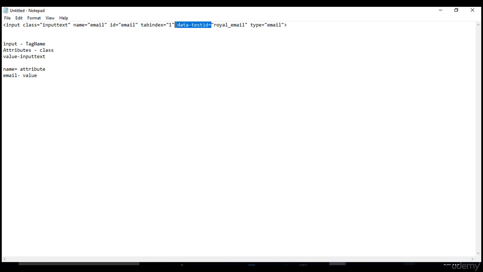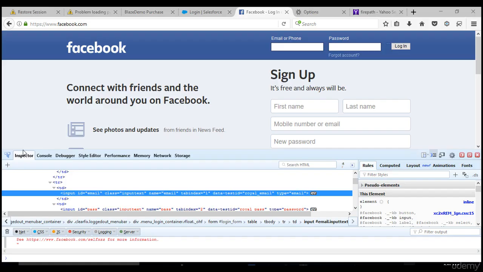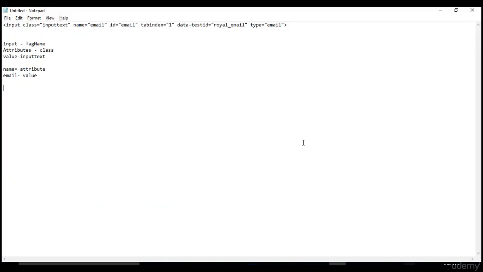Data test ID is also one attribute, and royal email is the value of this attribute. Now we are clear: wherever we inspect and get the elements, by seeing the entire HTML of the blue highlighted code, we can easily say what is the tag name, what is the attribute, and what is the value of that attribute. Now comes the XPath syntax.